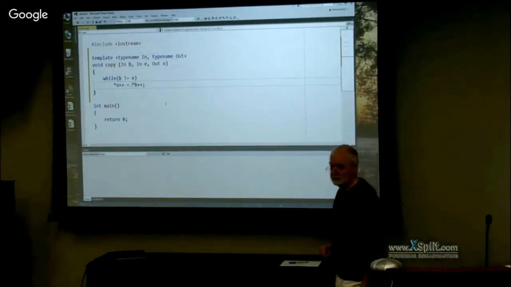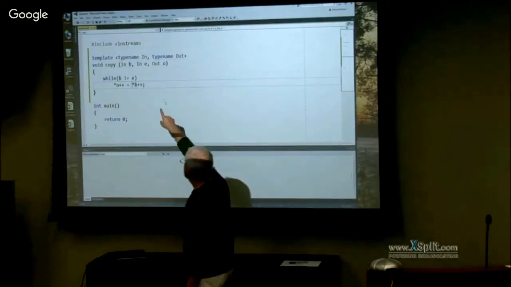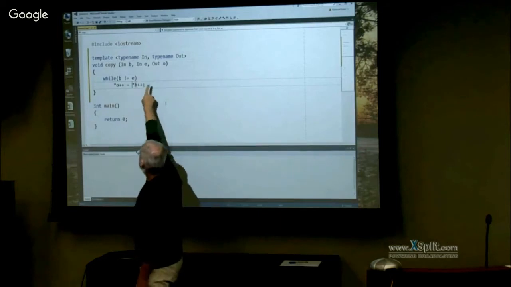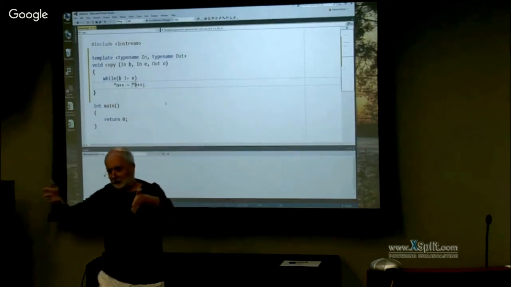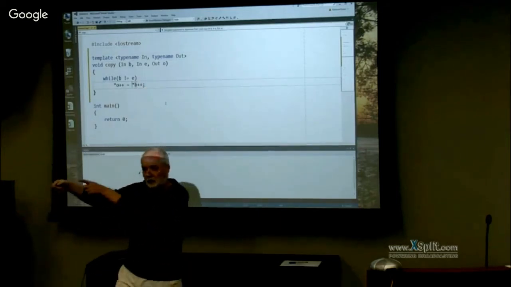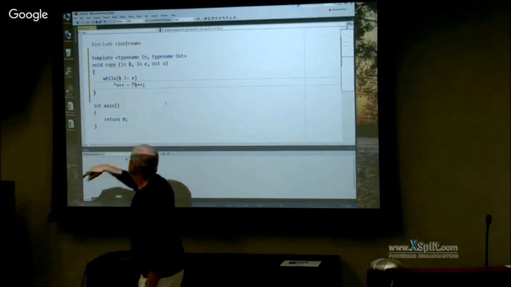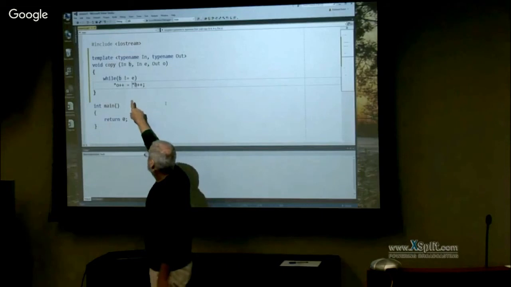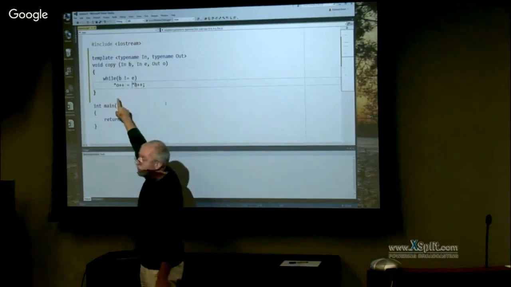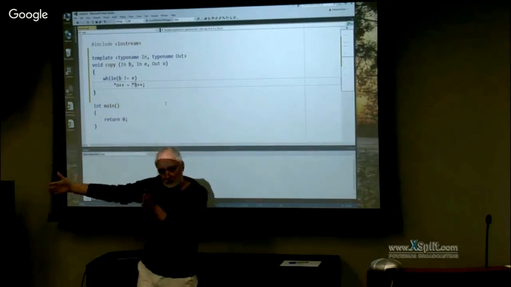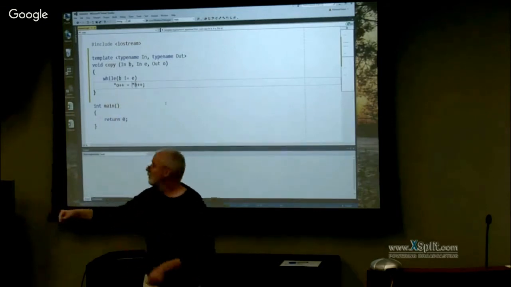And you all have seen that, right? So let's assume we have, in the simplest case, pointers again. B and E point to the begin and the end of a memory range. And O points to the beginning of a memory range where we want to put stuff. Then the copy operation is really just a loop, which will iterate as long as B has not reached the end.